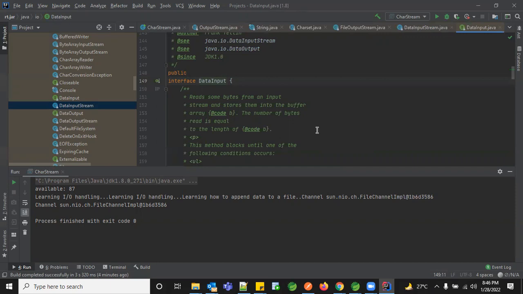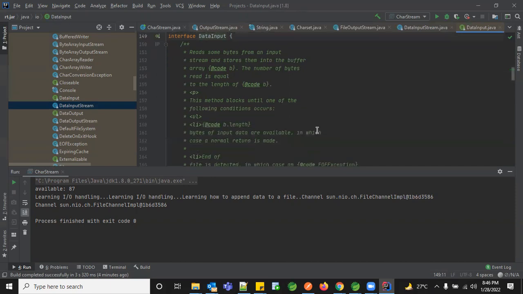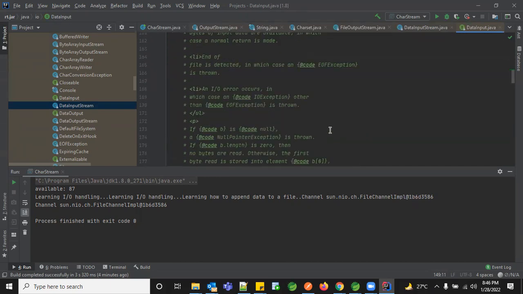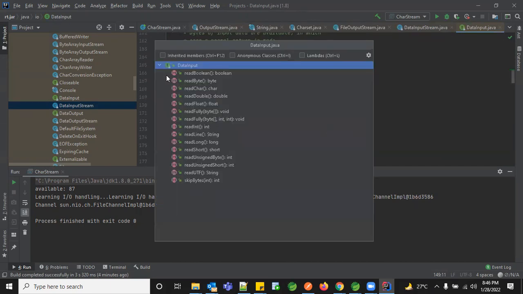So if you're not sure, and you don't want to go with file output stream or input stream, you can still go with your data input and use it. And if you see the methods, it is again the same way. The additional add-on for us when we go for data input stream is that you can read the relevant data type directly, not just a read method where you later have to convert it to the relevant primitive data types and then use those.